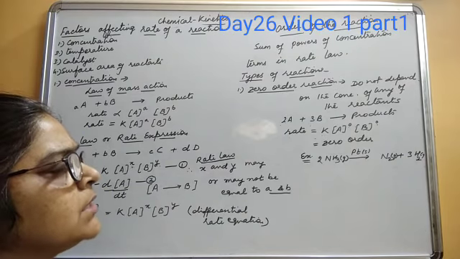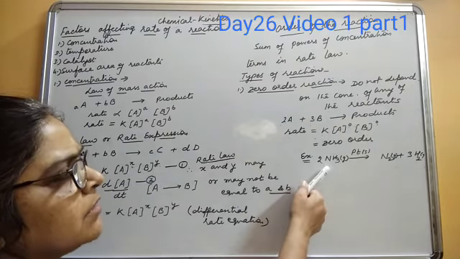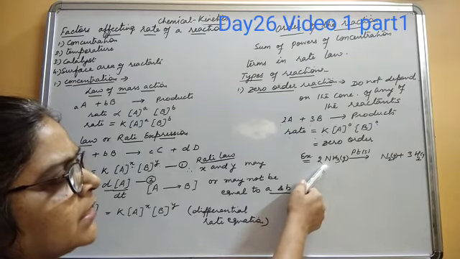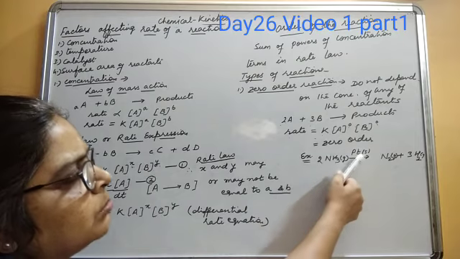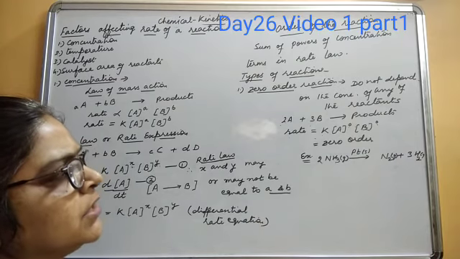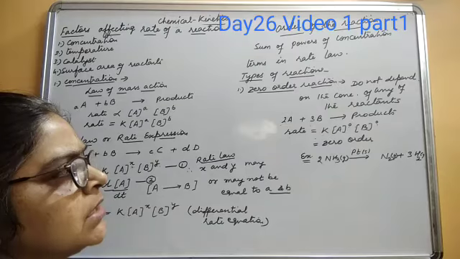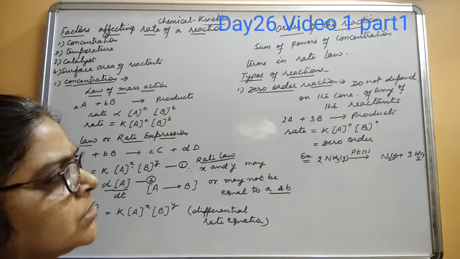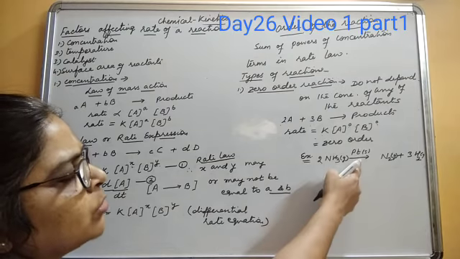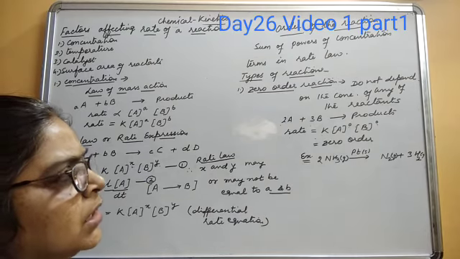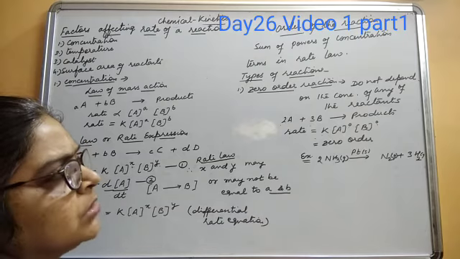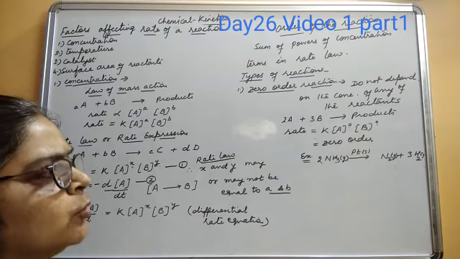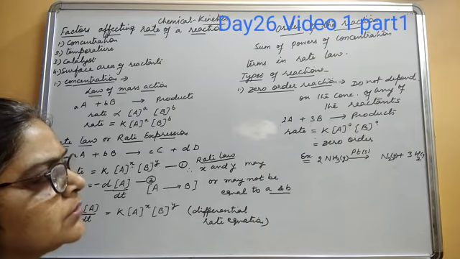Now if you increase the concentration of reactant, there will be no effect on the rate of the reaction, because whatever gas, here ammonia, gets absorbed on the platinum surface will give the reaction. Increasing the concentration of ammonia will not affect the rate, because if it does not get absorbed on the surface, it will not give the reaction. Whatever ammonia is already absorbed on the surface will only give the reaction, and the surface is already completely occupied by the ammonia molecules.